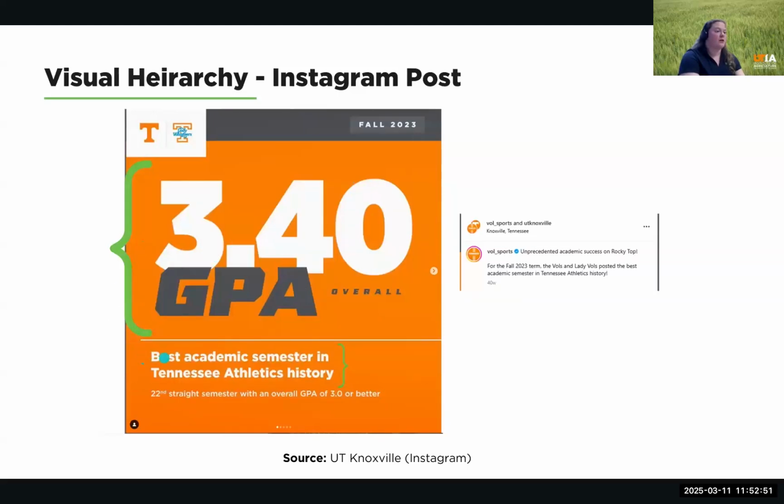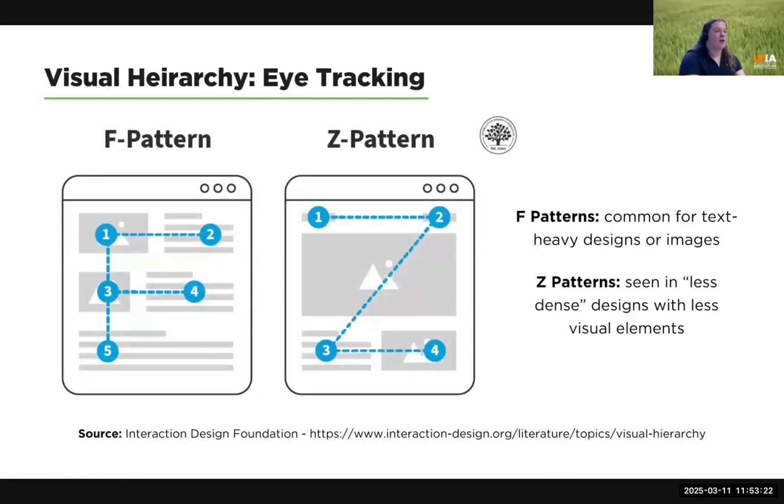And then of course you move down here where it tells you, okay, this is the best academic semester in history. And then they give even more context down here on the bottom. So hopefully your eyes would start here and then move down, and then you'd read this sentence, and maybe eventually you'd come back up to the top to read fall 2023, or maybe you'd take a look at the power tees, but you get the idea of the visual hierarchy at work in this post. So with that in mind,